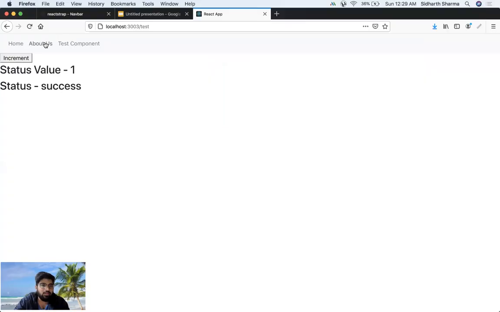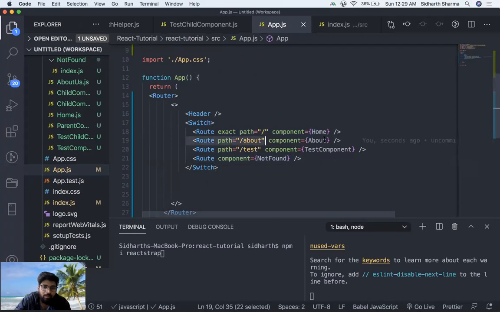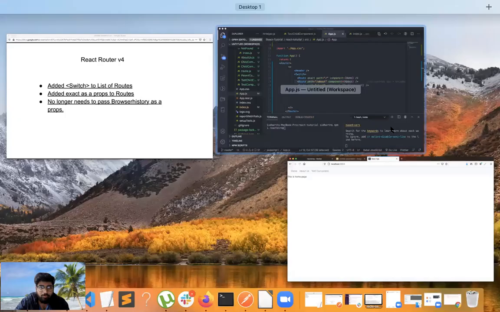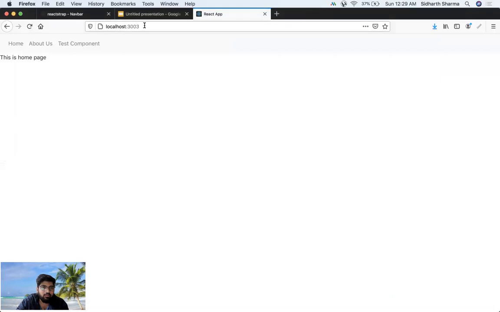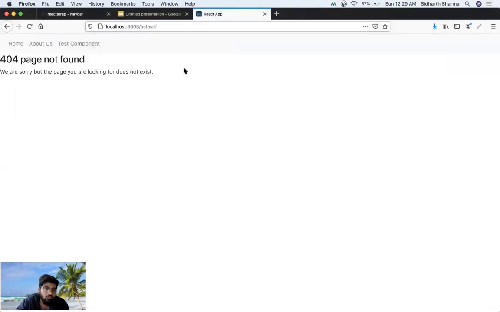When I click on the about us component, it stops here as soon as the path is matched. And when I click on the home component, it stops here only, so it's not moving forward. This will also boost performance, and it will not render other components. Now, if I put a wrong path like this, the 404 page will come.